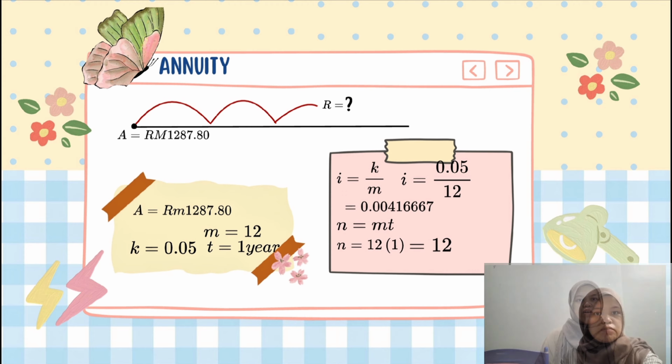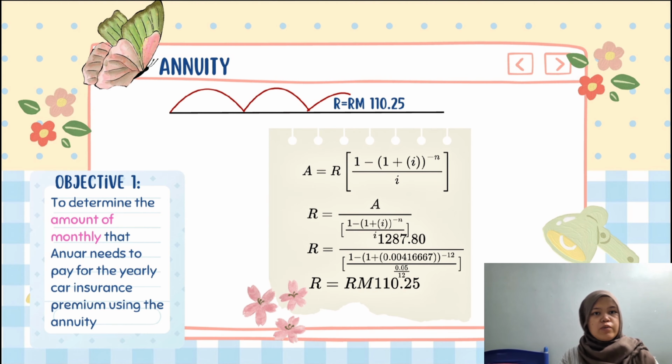Now we rearrange the formula to find R. We take the present value A, which is the total insurance premium of RM 1,207.80. To find the installment, we use the outstanding balance formula structure for present value, where A equals R multiplied by the discount factor, 1 minus 1 plus i to the power of negative n, all divided by i. After substituting all these values into their proper places in the formula, we calculate everything and get the final monthly installment of RM